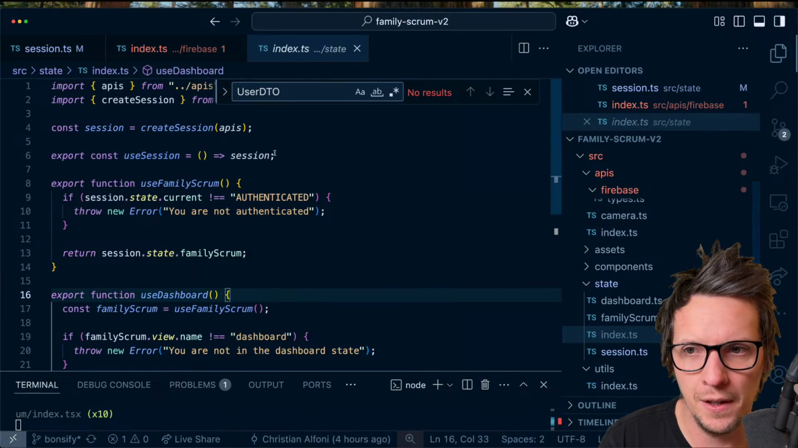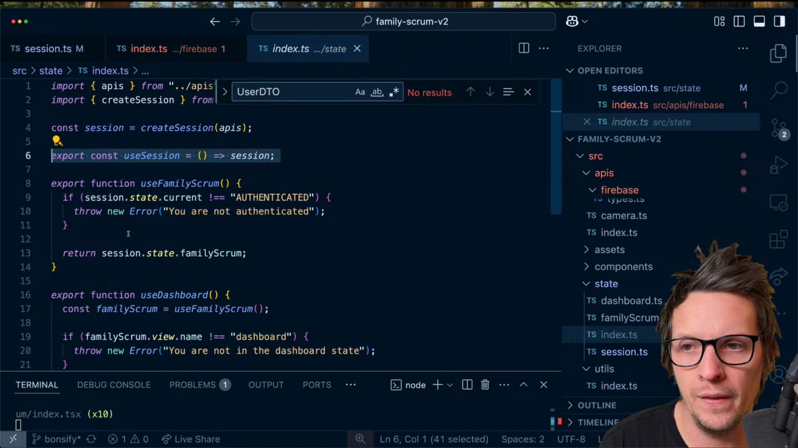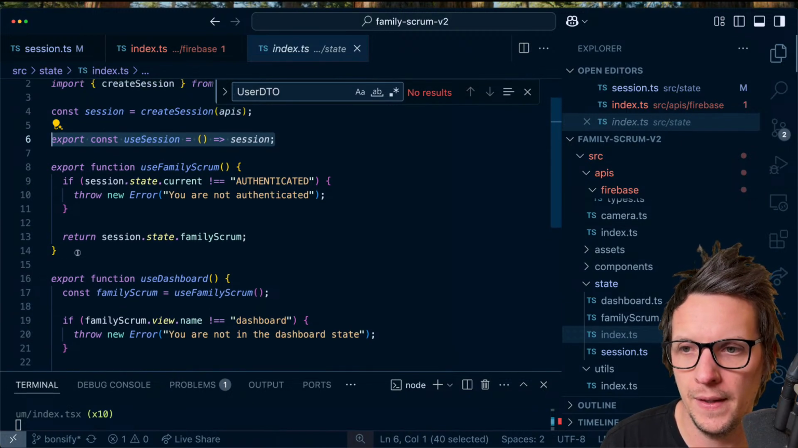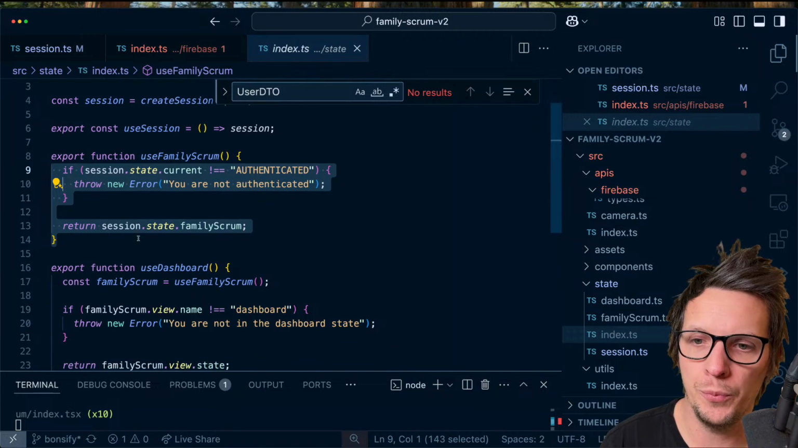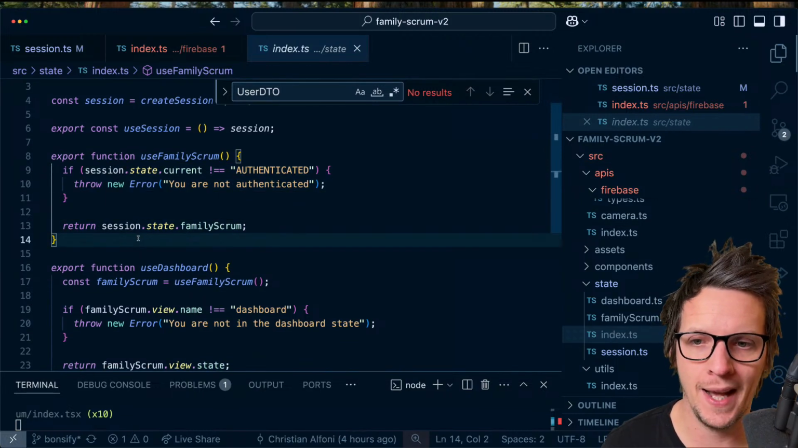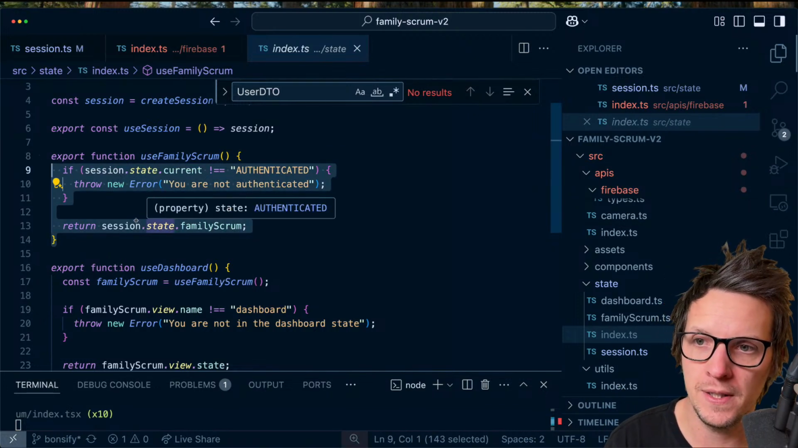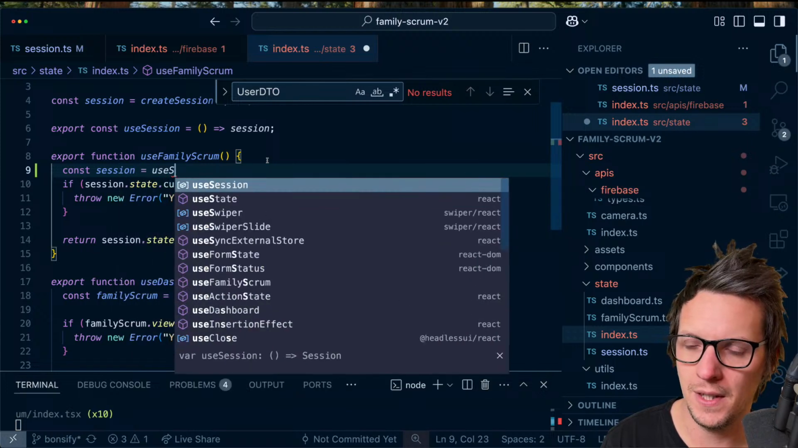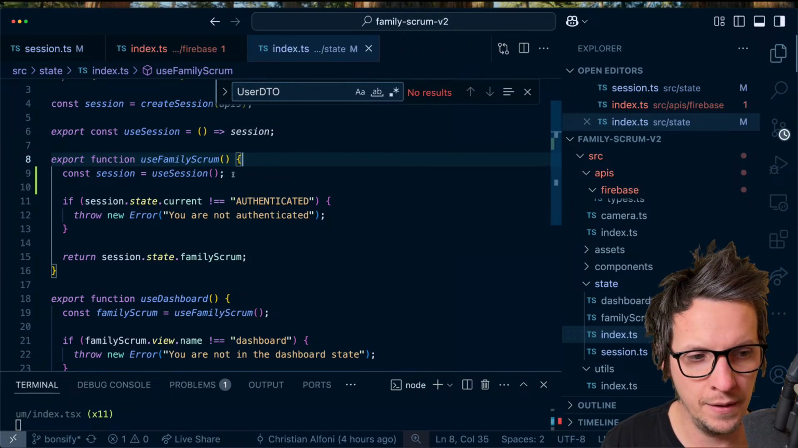And then this index file just creates the initial state for the app, which is the session. And then it exports hooks. So whenever I want to use the actual session, I give it the session. And if I want to use Family Scrum, once it's been authenticated, it renders out the app. I have a lot of components that just want to access Family Scrum, and then I create a hook for that. But it checks the session state. You could say this should really be use session. It's a little bit silly since it's just returning the session. But you can imagine